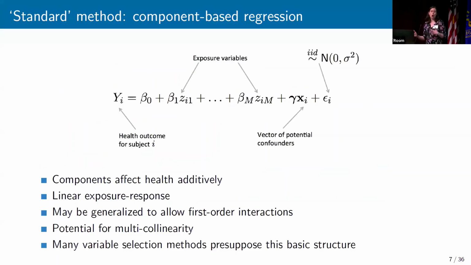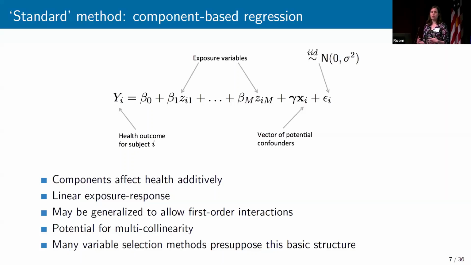So this is probably a straw man method, this standard approach. I don't think Marianthi even mentioned it, but at the time, this was sort of like, okay, we have multiple exposures, let's throw them into a component-based regression model. There are only going to be a few equations here, but this is our base equation where we have our health outcome y_i for person i. And then we have a set of exposure variables given by Z1 through Zm. And then we might have covariates, such as age and sex, that we might want to adjust for. So we put those potential confounders or prognostic variables in our X vector. And then we have a residual error term.